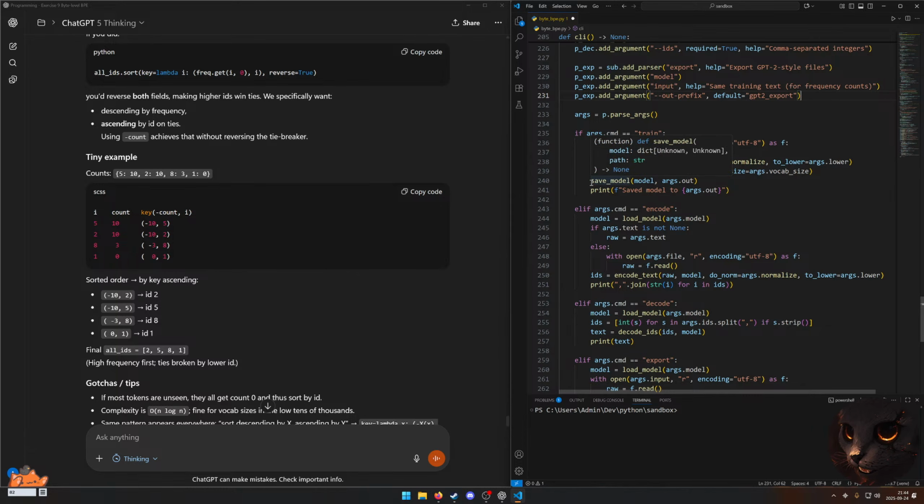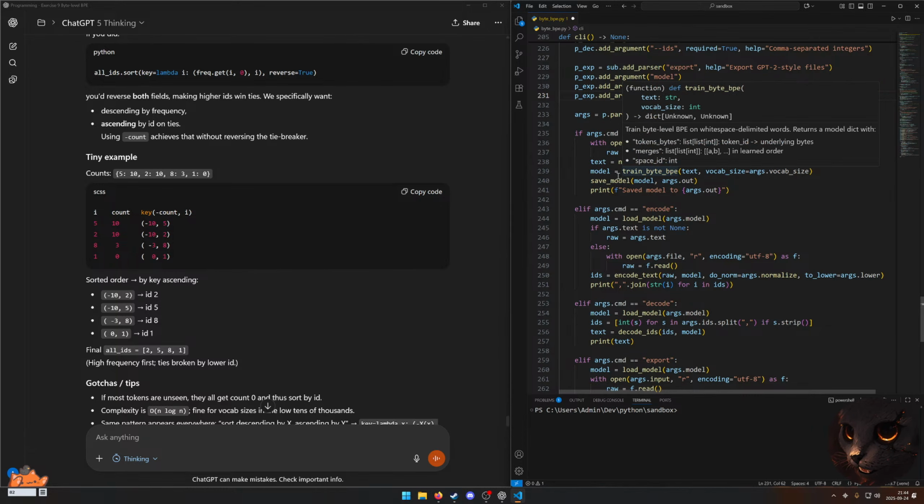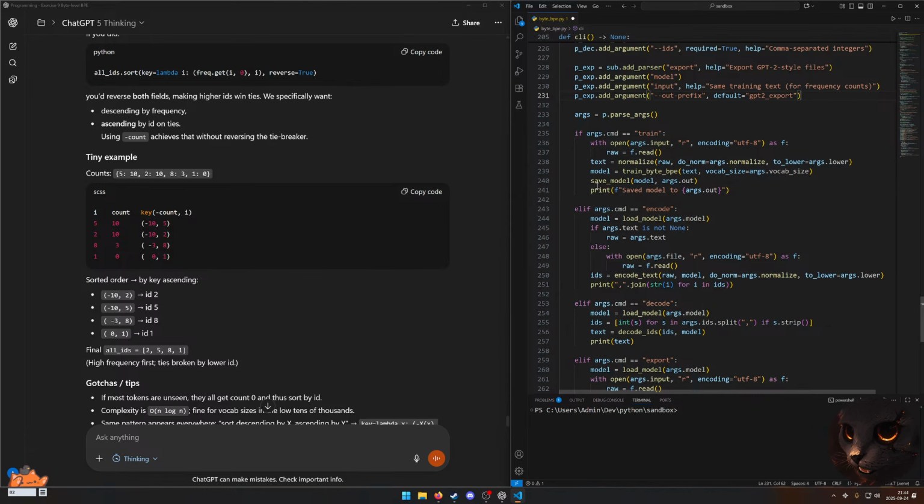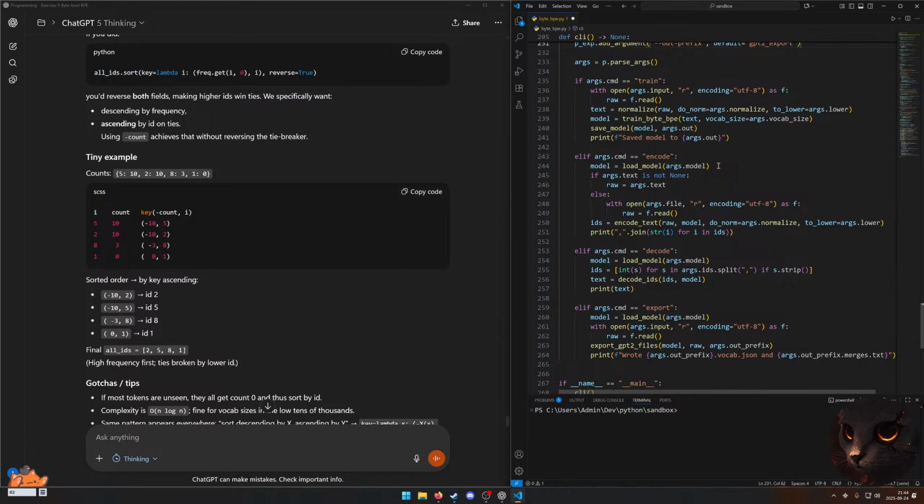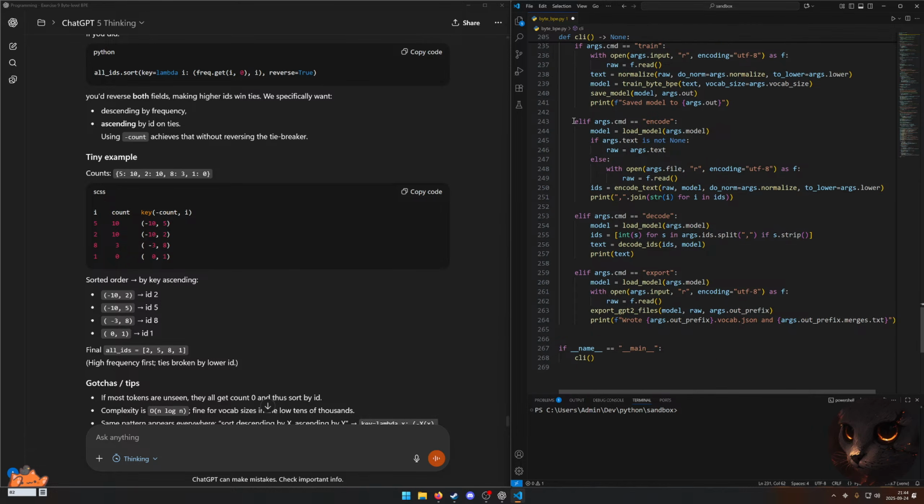And then after we've trained the model, then we save it with the output path here that we've established in the args, possibly, depending on the export here. And then we print a message to say that we saved it. Otherwise, if the command is encode,